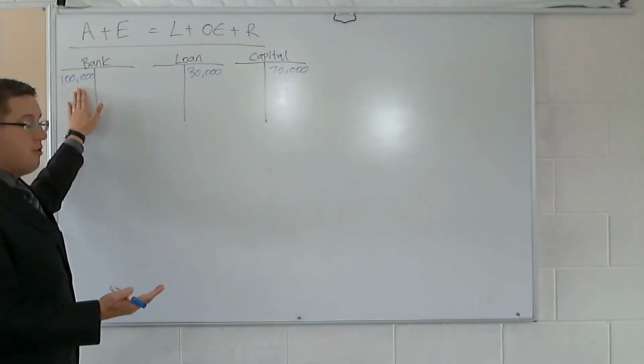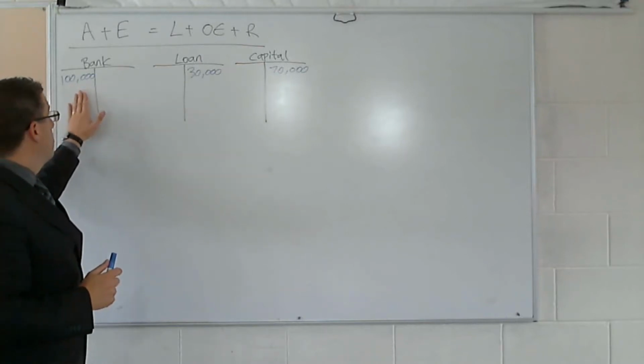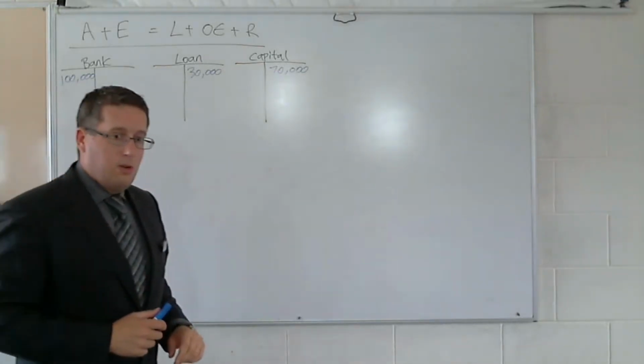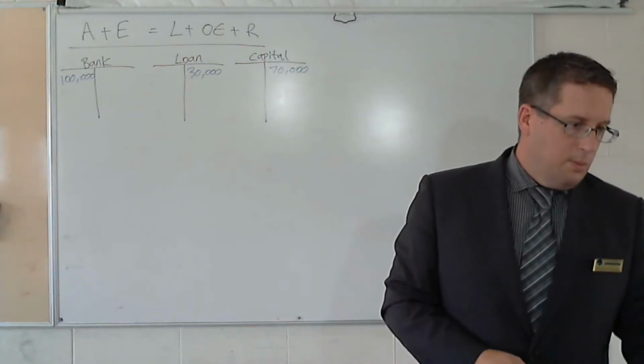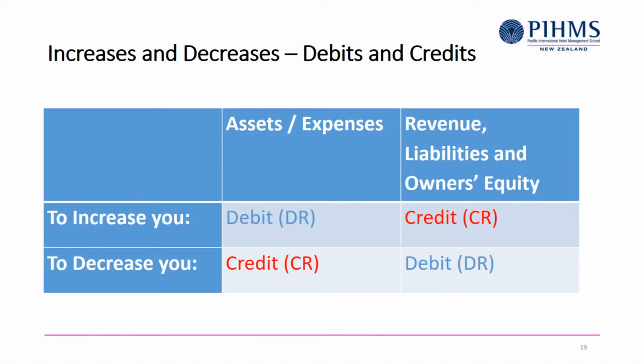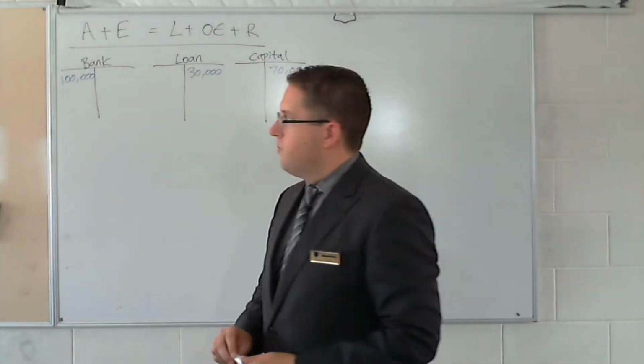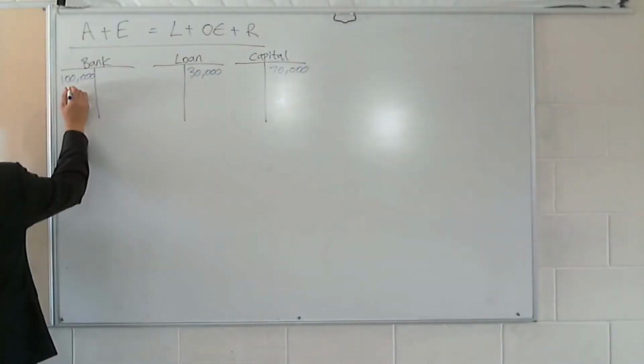We're going to have $102,000 in here in a minute. So to achieve that, we look at the debit credit table. Asset going up, we need a debit. So we put $2,000